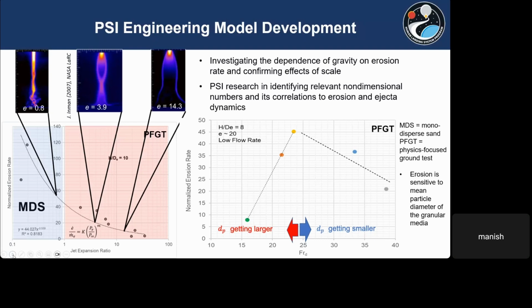And we saw that, at least for the PFGT data, the particle diameter at which we saw the most erosion was around 100 microns, on that order. So we're investigating the dependence of gravity on erosion rate, and we're looking at other correlations with non-dimensional terms. So if you go to the next chart,